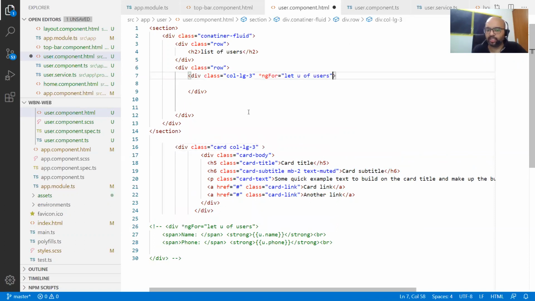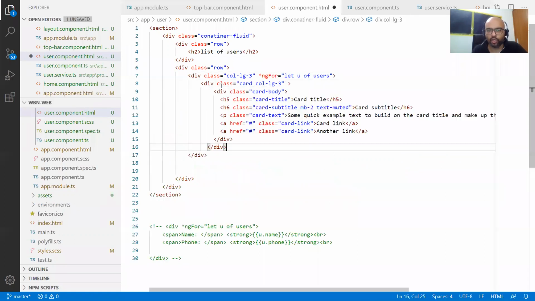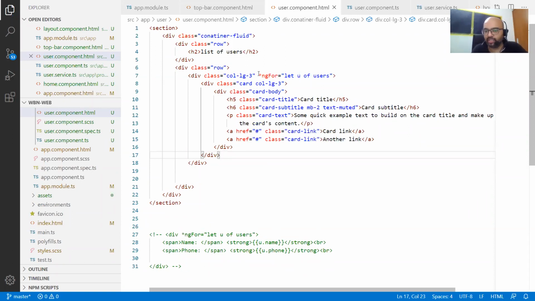Now it will generate these many columns, and inside that you put this, because what will happen is this col-lg padding will apply, and that will give you some space. Correct? Column LG padding, which is some 20 pixel or 15 pixel if I'm not wrong. That will apply, and you see some gap. Let's see.